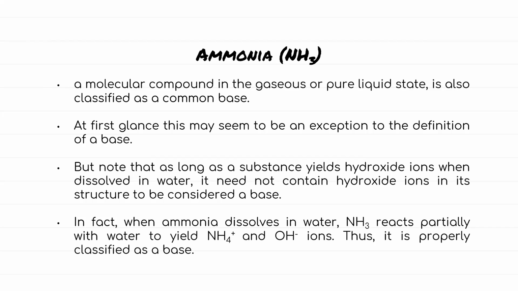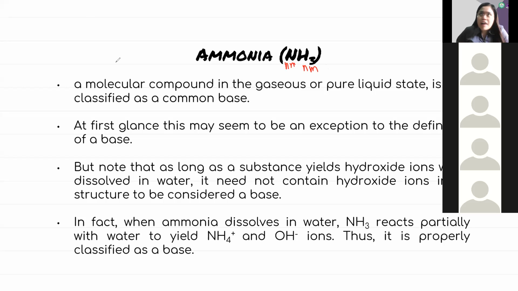Again, that is, class, the ammonia. Ammonia, class, is a basic substance. Wala siyang OH. Pero if we test, class, the pH of ammonia, it is really basic or alkaline. So si ammonia kasi is a molecular compound. So molecular compound siya, di ba pag molecular non-metal, so nitrogen here is non-metal and hydrogen is also non-metal. So hindi siya nagfa-follow doon sa hydroxide. Pero actually bakit siya